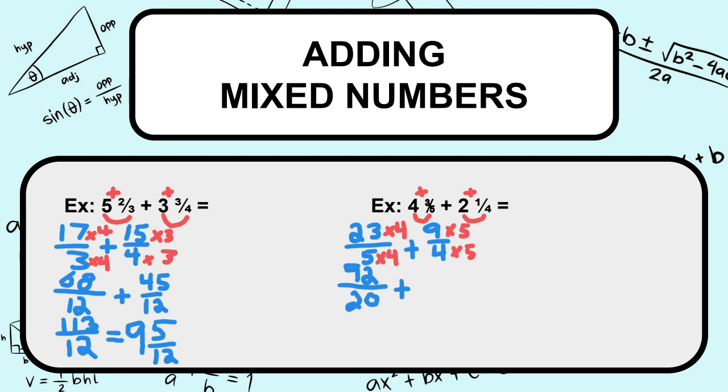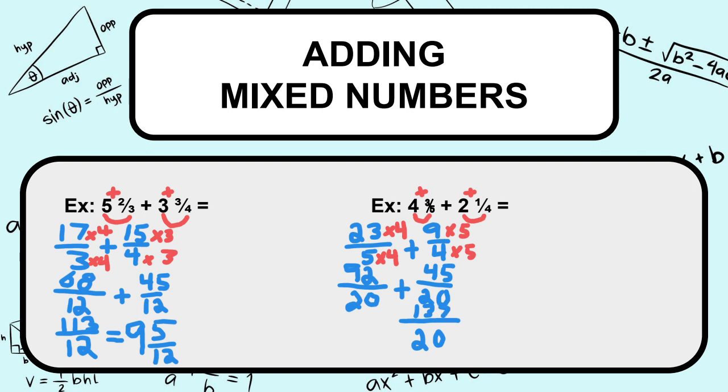Here, we're just on basic math facts. Whew, thank goodness. 4 times 5 is 20, so now our denominators are the same. And then 9 times 5 is 45. Wonderful. Now, let's add and then convert that back into a mixed number. So the denominator of 20, that stays. And then 92 plus 45 is going to be